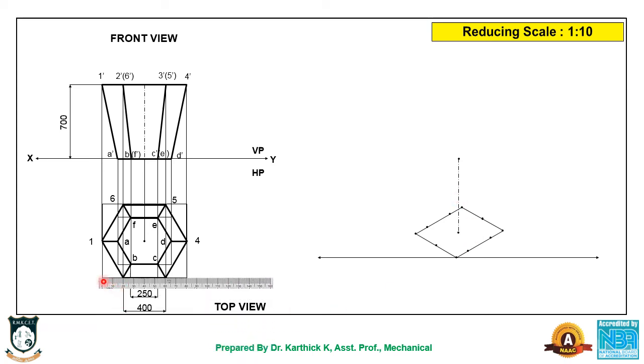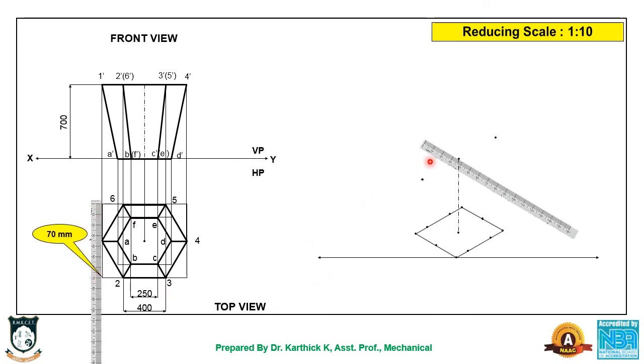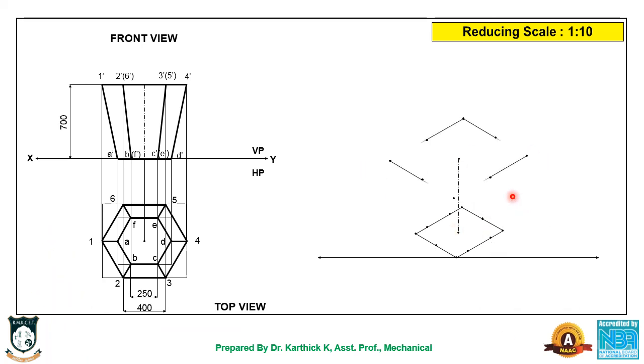Then mark this horizontal dimension. What is the dimension here? 80 mm. So bring your scale, mark 80 here as well as here. This is 40 mm. This side 40 and left side is also 40. Similarly, what about this dimension? This is 70 millimeter. Bring your scale. Keep it at 35 mm. Here 35 and this side also 35. So you will get a parallel line. Just complete the box at the top.